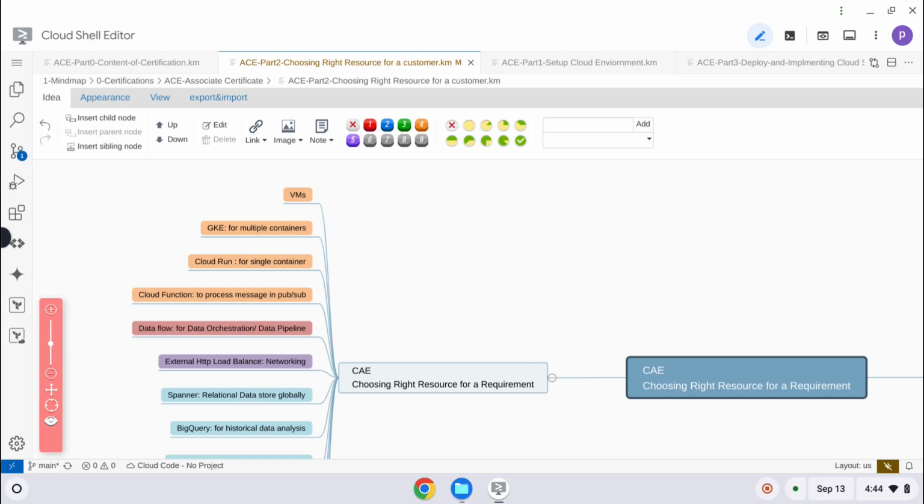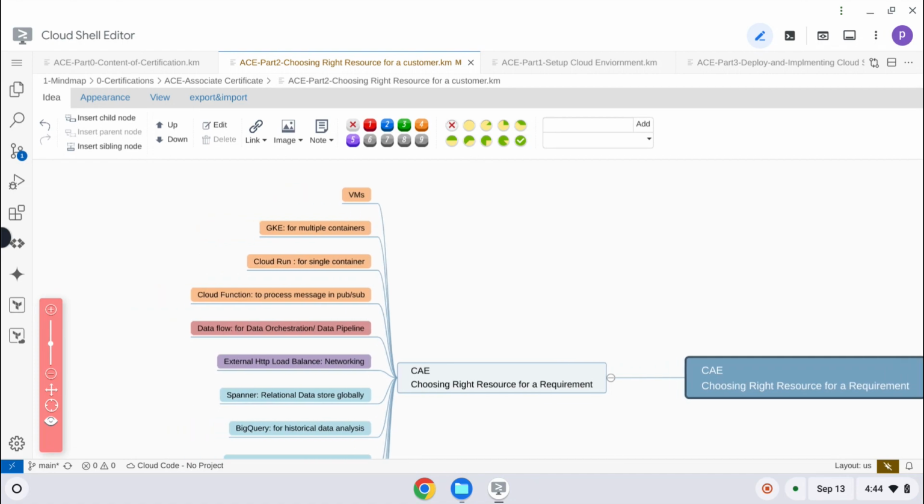In this episode, we will see choosing the right product or right service for the requirement. It is a very important question, and of course a major requirement for every Associate Cloud Engineer. Since more than one task can be done by a service, we should choose the right product for the right task, right work, or right storage. That is what we are going to explain here.